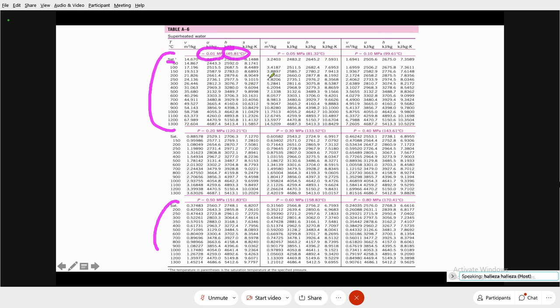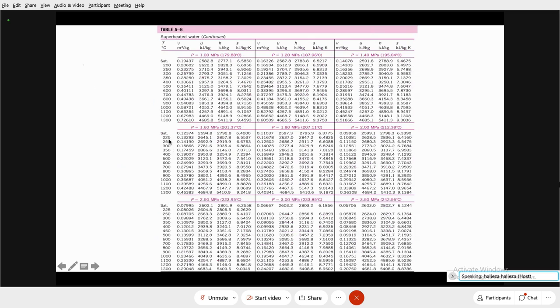Can you guys hear me? Guys, Yes. good. Okay, that's how, another example of a superheated steam table. That's another one, the continuation of it. So